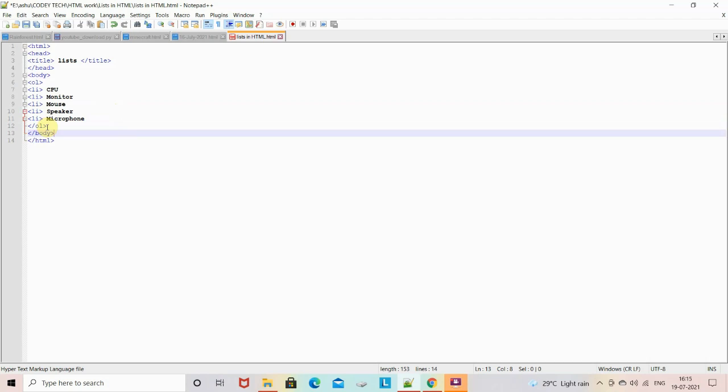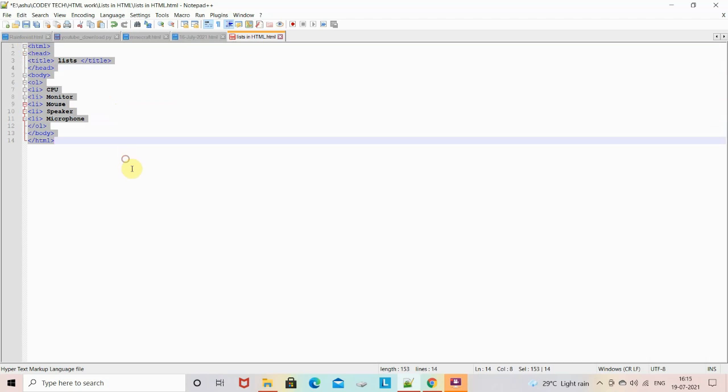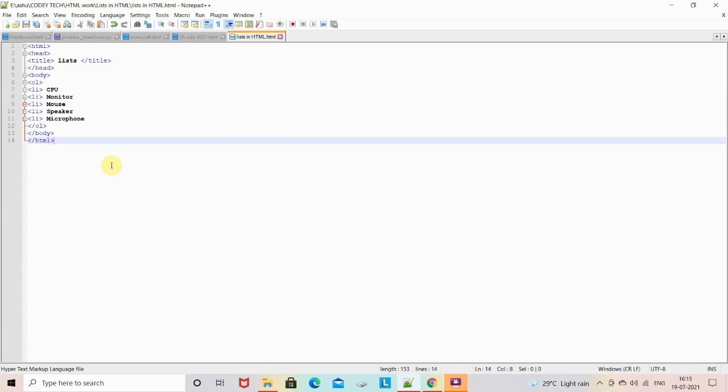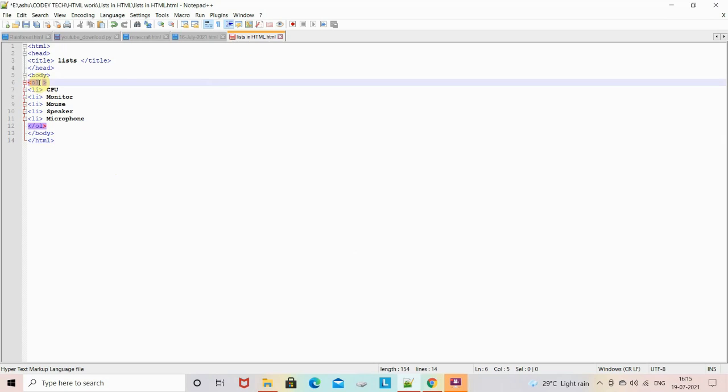So this is a simple code to explain to you. Now I will save this document and just run it on the web browser. As you can see, the 5 items have been listed and are preceded by the numbers 1 to 5. So 1 to 5 numbers is the default value of the ordered list. Suppose you want to write ABC or capital ABC or Roman numerals or capital Roman numerals, so you will use an attribute known as the type attribute along with the OL tag.